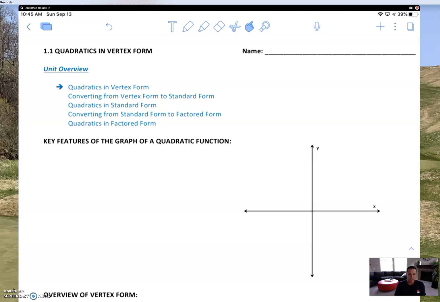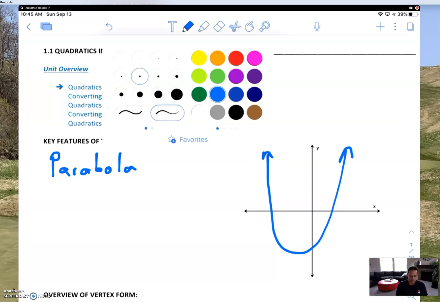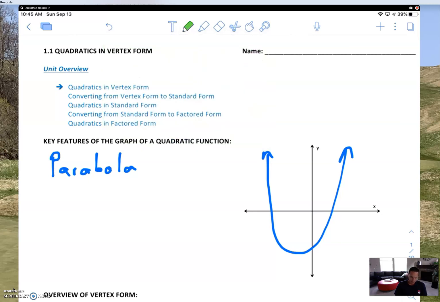Before we get started, there's a couple definitional things that I want to go over with you. The first is this U-shaped graph. And that U-shaped graph is something called a parabola. And on that parabola, there's going to be some key features that I want to point out to you. The first one, probably the most important one right now that we're going to talk about, is this point that shows up on the bottom, which is called the